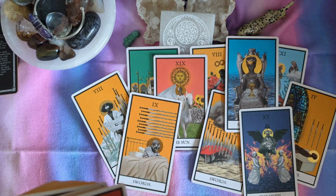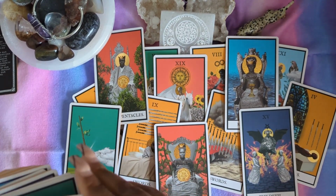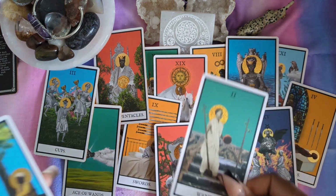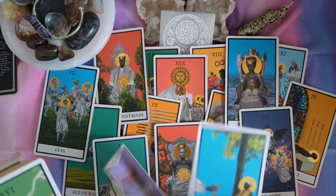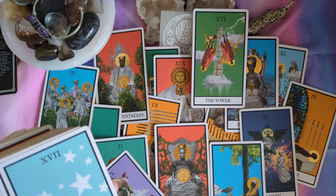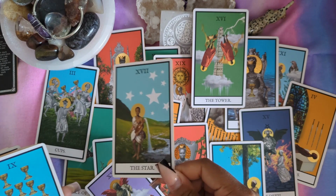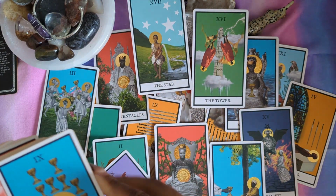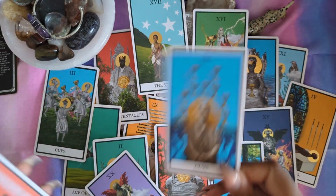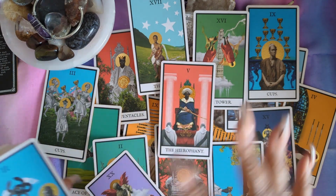It did take me a while to get this deck, partly because of the price of it and shipping, and I think Amazon was charging a lot. So I bided my time. I waited until a moment where the exchange rate made the deck cost less for me. Last time I was on Amazon, it was at, I want to say, 113, 115 or something. And when I bought it, it was at 110, maybe 100 flat before the custom taxes and everything else. So if you are interested in this deck and you are in Canada,